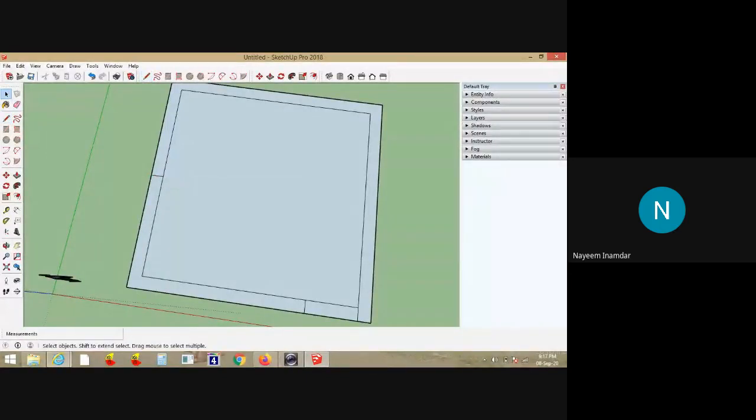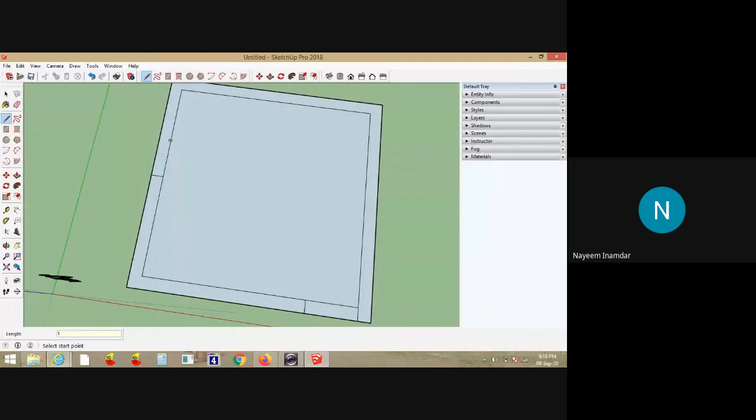Suppose the window width is 2 meters. So if I am fixing it centrally on the wall, on either side of this center line the dimension will be 1 meter and 1 meter. Altogether, the window width will be 2 meters. What I'll do, again I'll take line command. On the same line, I'll draw a 1 meter line. So wherever the 1 meter line has cut, at the other end there will be a point.